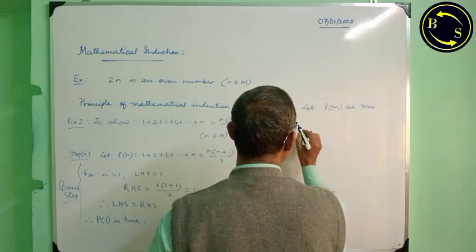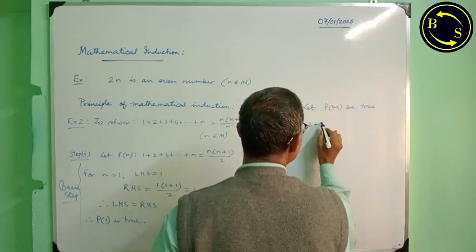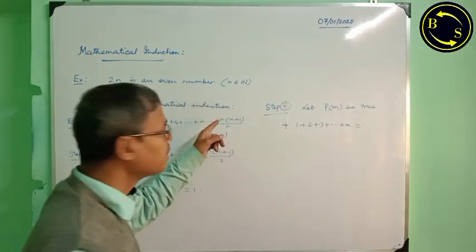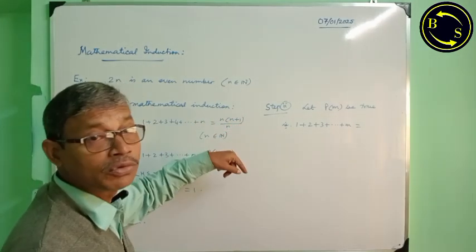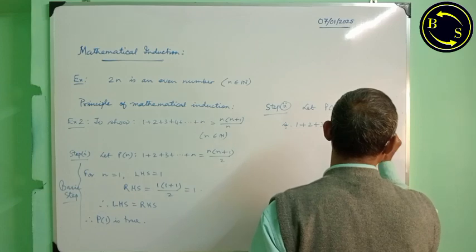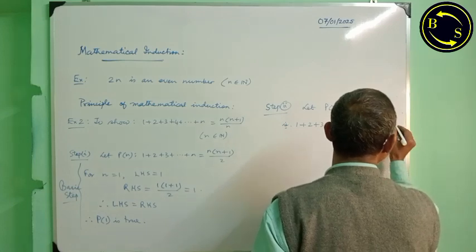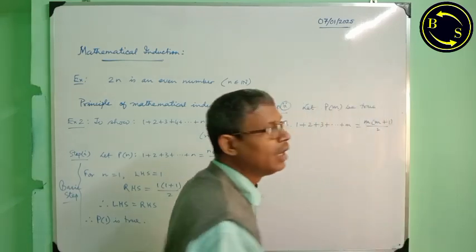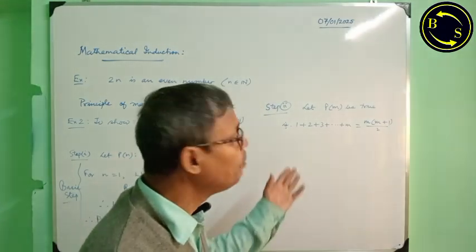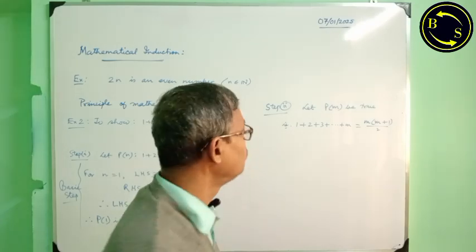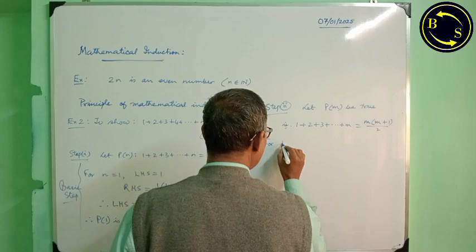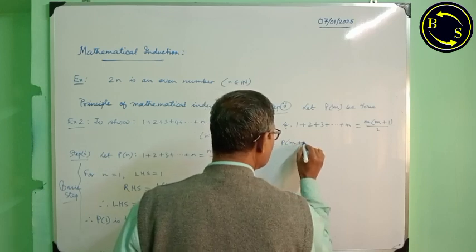That is 1 plus 2 plus 3 plus up to m. Just replace m. In this result, you replace n by m. That is m into m plus 1 divided by 2. Now, by actual calculation, we shall show Pm plus 1 will be true. We write like this: for Pm plus 1,